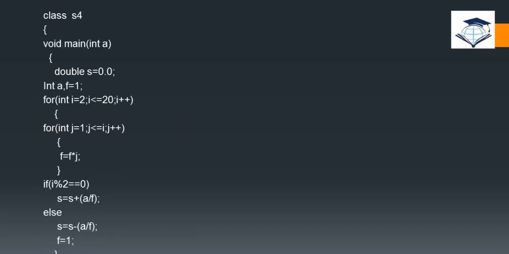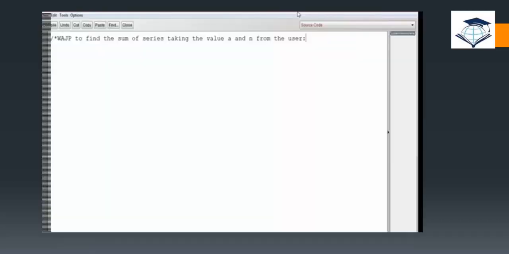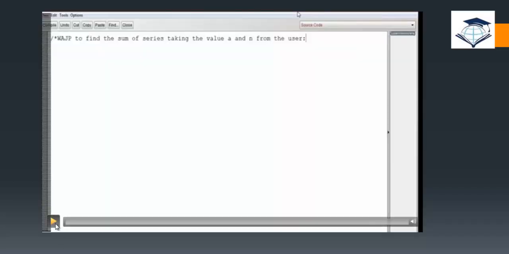So this is the next one, factorial. Factorial is along with the sum whatever you have, and you add one more variable called f is equal to 1, and for that you take the j variable and f equals f star i. All the other steps remain the same. You can just go through this program.